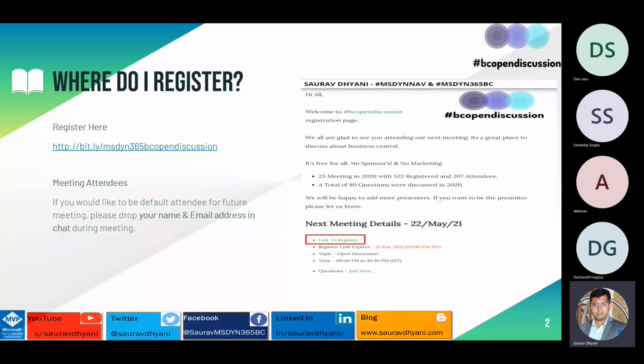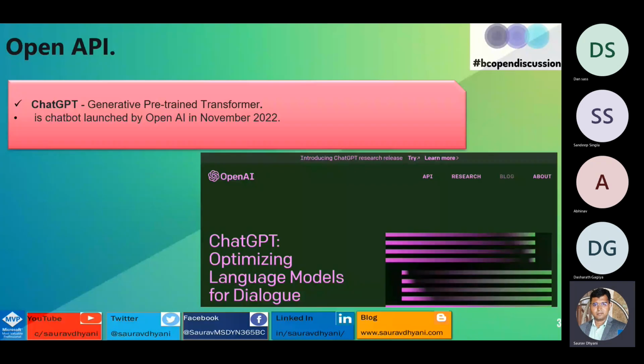Before we get into the Business Central domain, I was just playing around with other stuff that's available, from some Twitter feed and all, and I thought this is super interesting. I just wanted to get everybody's view on how they feel about it. This is an open API released by, I don't exactly remember, so I should not use the name, called ChatGPT.